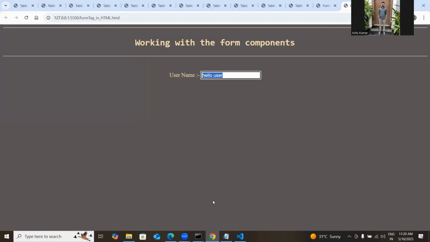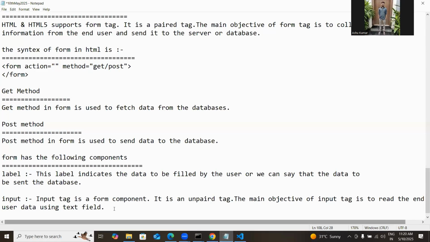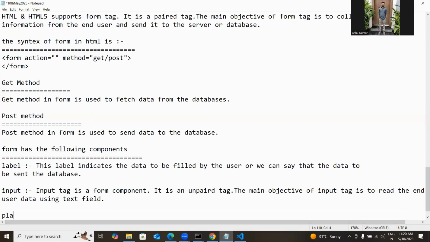Okay, guys. So the next component we have is placeholder. So what is this placeholder? This placeholder is just an attribute which provides information to the user. Now what information does this placeholder provide to the user? That is, suppose in this